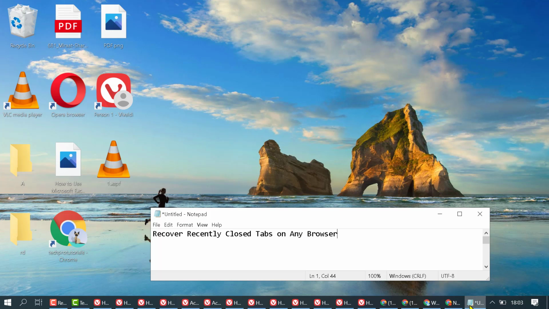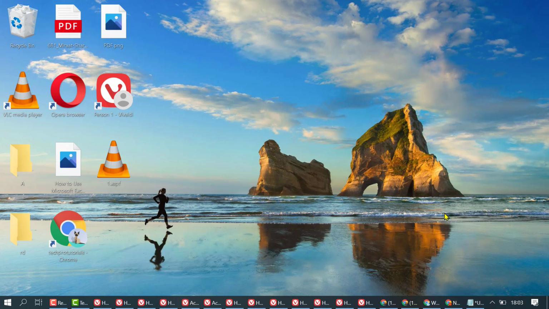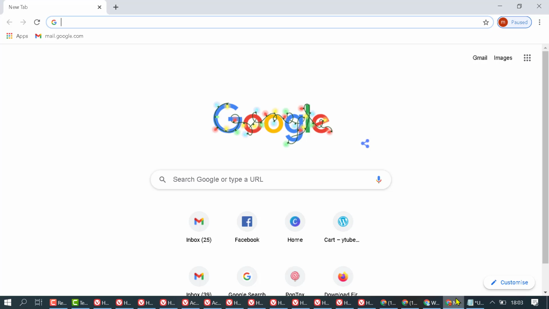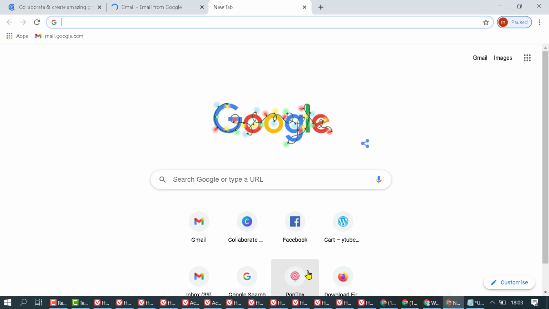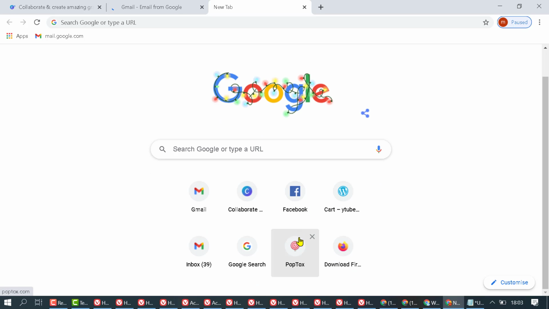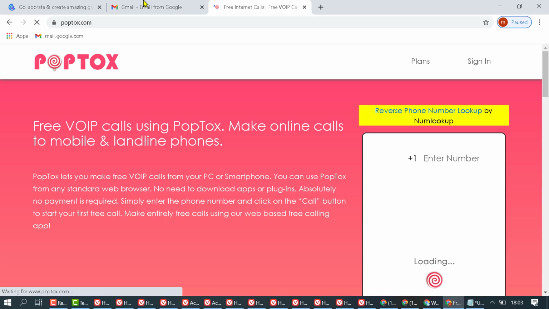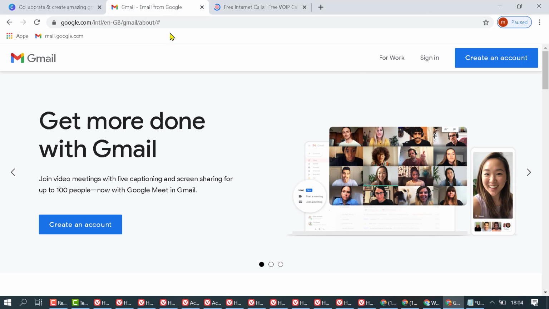In this video, I'm going to show you how to recover recently closed tabs on any web browser. So if you accidentally closed some browser tabs on any browser and you want to recover, like we have this site, Gmail, and so as we can see we have opened some tabs